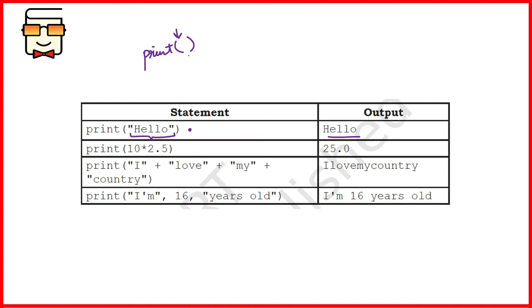If you do not give a value here, there is no need of a separator in this case because you haven't specified a value. The only argument that will work here is the end argument. If you haven't changed the end argument also, in this case it will use the default end argument, that is the new line, and it will add a new line to your program.